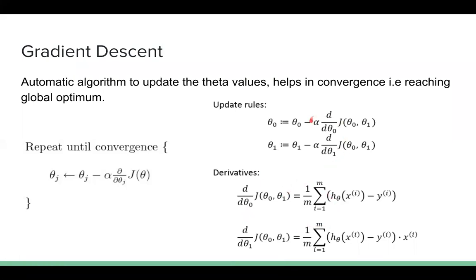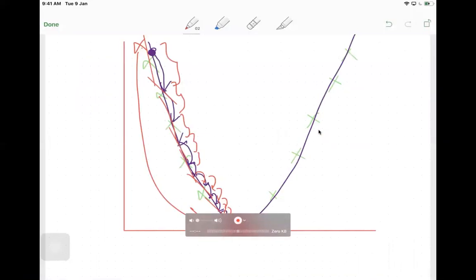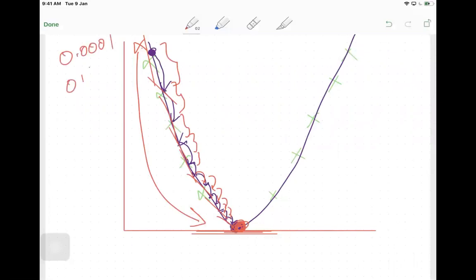Now, what is this alpha? This alpha is nothing but the step size that I have been mentioning. The alpha values will generally range between 0.0001 to 0.1. That is the alpha range generally. You will set alpha to a particular value. Why alpha is required is that it decides the step size, whether it has to jump directly from this point to this point, or whether it has to jump from here to here.